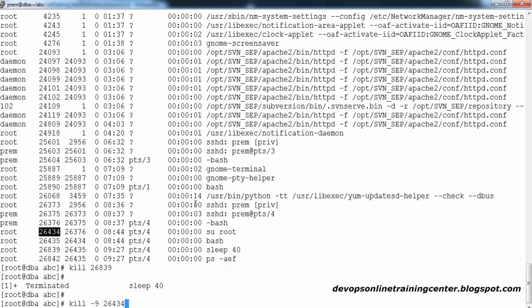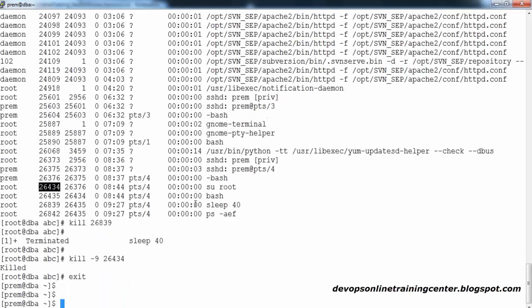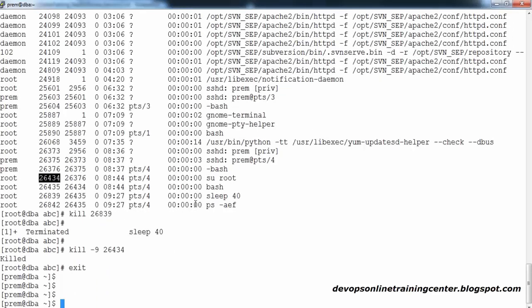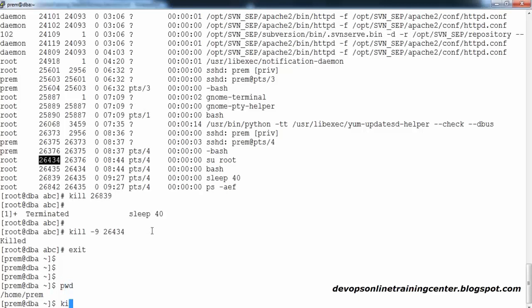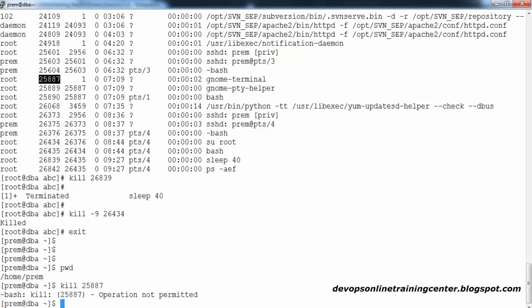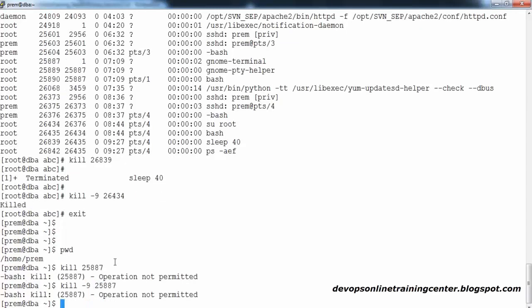Okay, does it kill it? Okay, guys, su root is a command which you only did. As admin you went into the root, right? Because you are a root, you can kill it. Now you are a normal user. Okay, as a normal user, let's try to kill something with a root user's process. Now there is a gnome terminal. Okay, kill. Can you see this, operation not permitted? Even you cannot do the force kill because you are a normal user. You cannot do anything, but a root user can do anything. He can kill even the root process and normal user process.